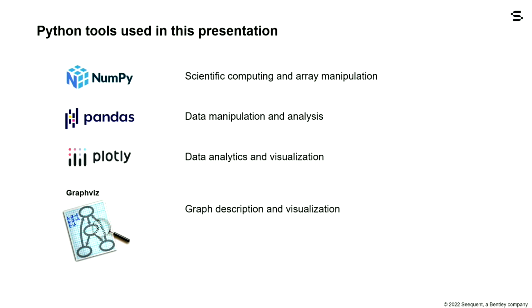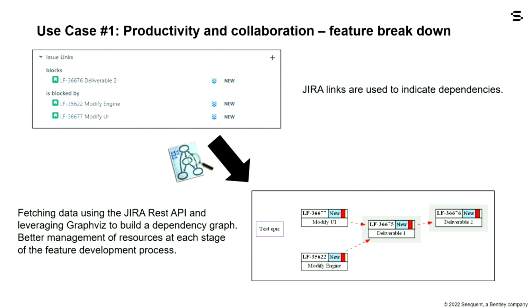Now, to my very first case, I'm just going to go briefly about that. As I mentioned, we have a very large engineering team, a lot of people working, large features to develop. We are trying to turn the work we're doing into something that several teams or several people can easily collaborate on. So we are turning basically Jira tickets, which are quite a flat description with dependencies, blocks and blocked by,